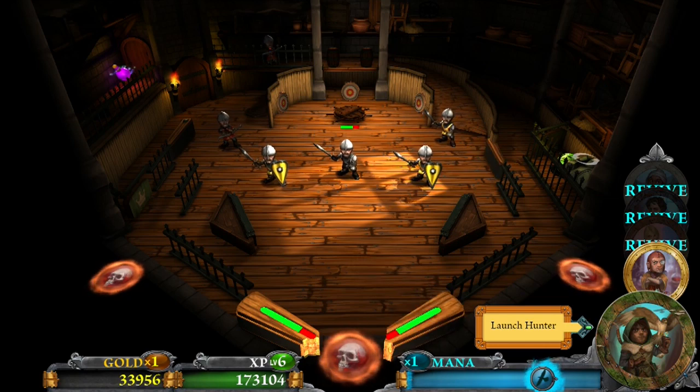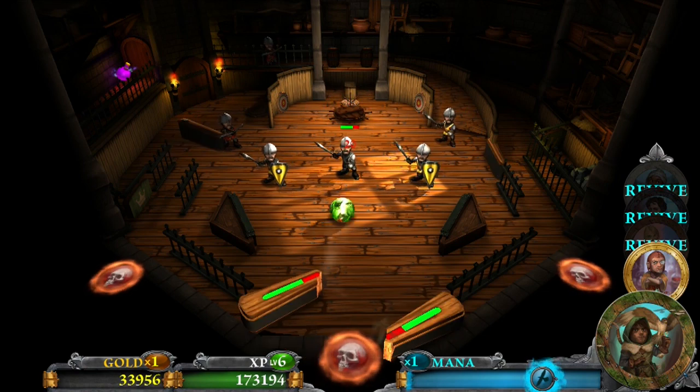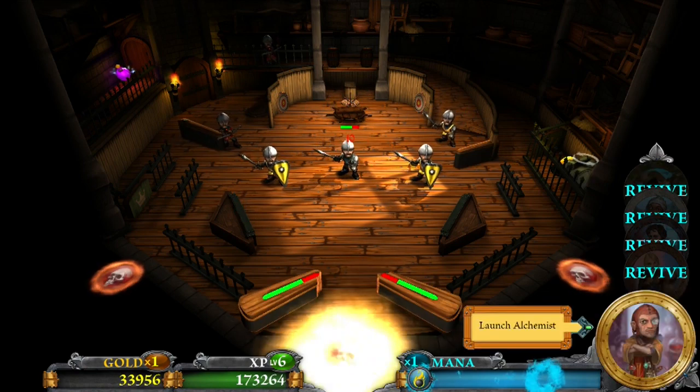Especially when that happens. Yeah. So you have to... Well, hold up. You said to pick the hunter, so that's why I just got rid of the healer. So if you hit X now...